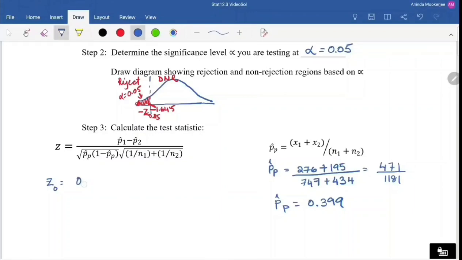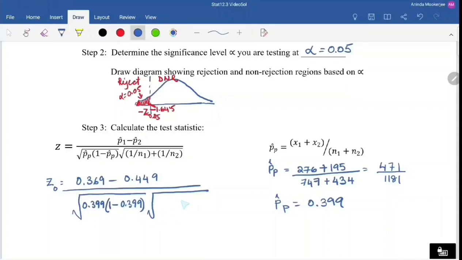So it's going to be 0.369 minus p hat sub p, which was 0.449, divided by the square root of p hat sub p, which is 0.399, times 1 minus 0.399,